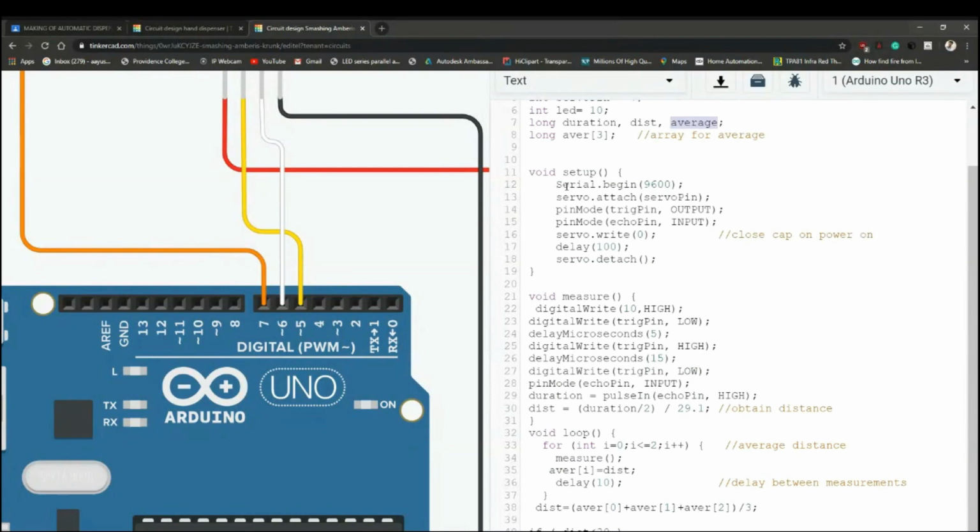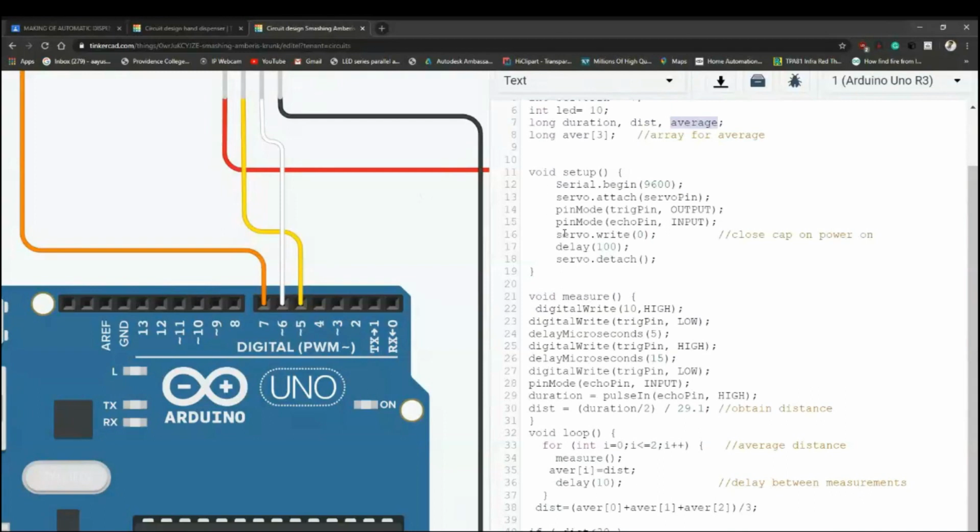So we'll just trigger the ultrasonic sound, and the echo pin will receive the signals provided by the trigger pin. So the trigger pin basically acts as a transmitter and the echo pin acts as a receiver.